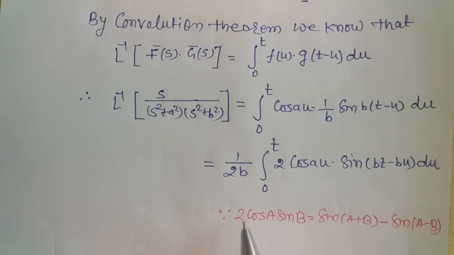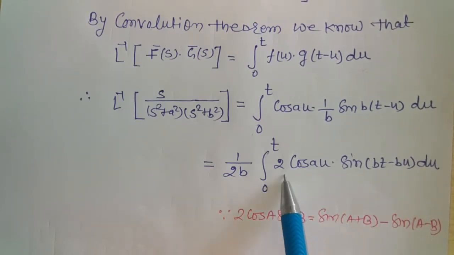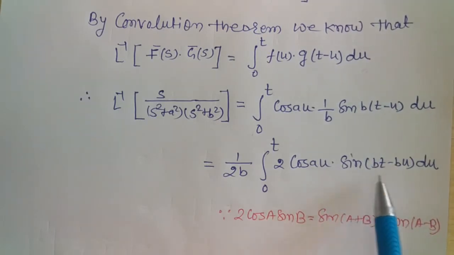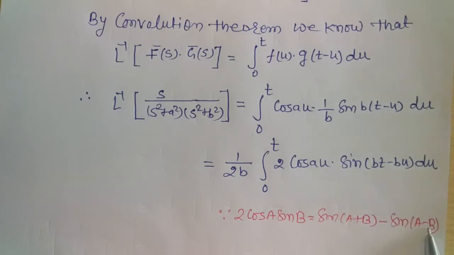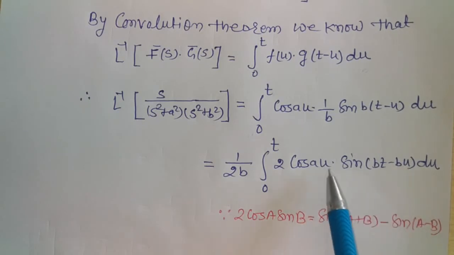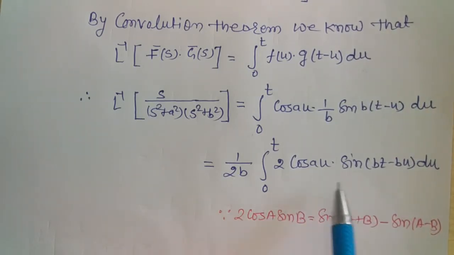As we know, 2 cos a sin b is what? Sin (a plus b) minus sin (a minus b). So we apply this formula here. We get 2 cos a sin b equal to sin (a plus b), so au plus bt minus bu, then taking u common, we get a minus b, and a minus b, that is au minus bt minus bu. So we take u common, we get bt minus (a plus b)u. So using this formula we can express this integral as